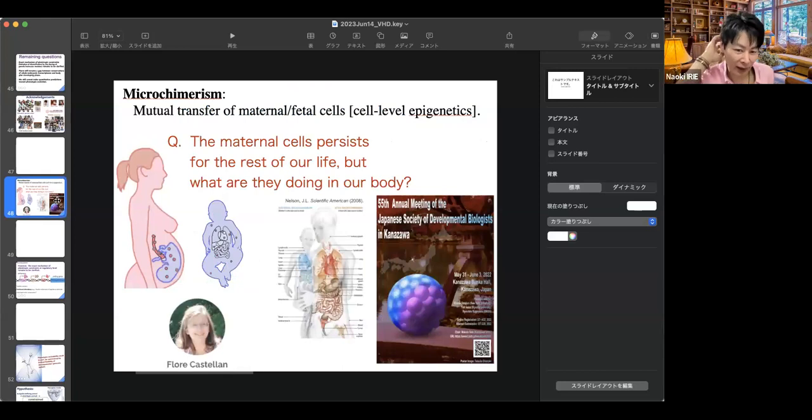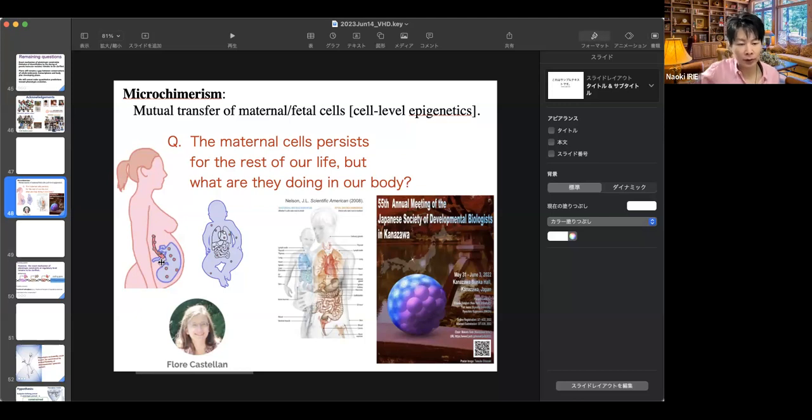Oh, by the way, I don't want to talk for long, but I also did a microchimerism study for a long time, and human or placental mammals are known to have maternal cells inside their body. And we recently succeeded in getting rid of these maternal cells from the fetus. The fetus immune cells showed a more activated status. So it's possible that maternal cells are suppressing the fetal immune system.